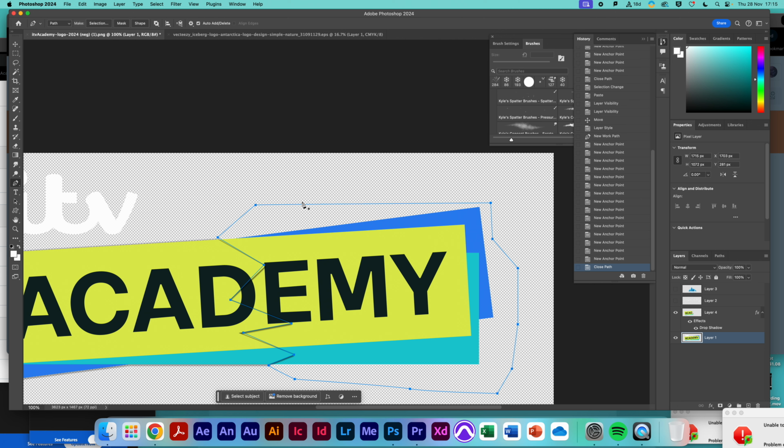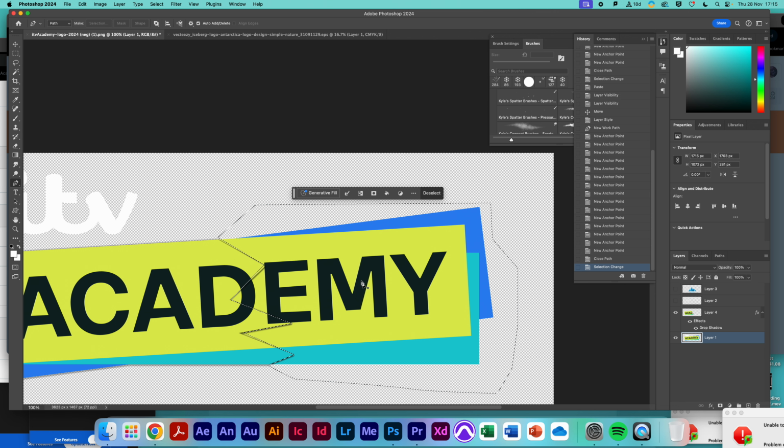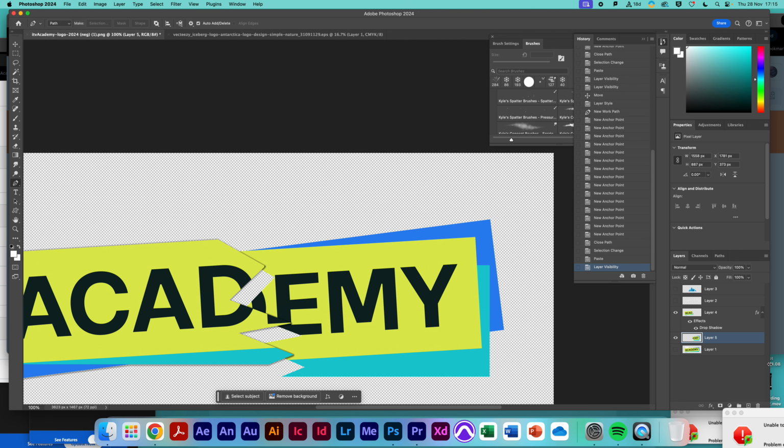So I'm going to make this a selection. I've joined up the dots. I've got this kind of weird jagged shape. I'm going to make that selection, click OK. You then press Command C to copy what's in that selection, Command V to paste it,